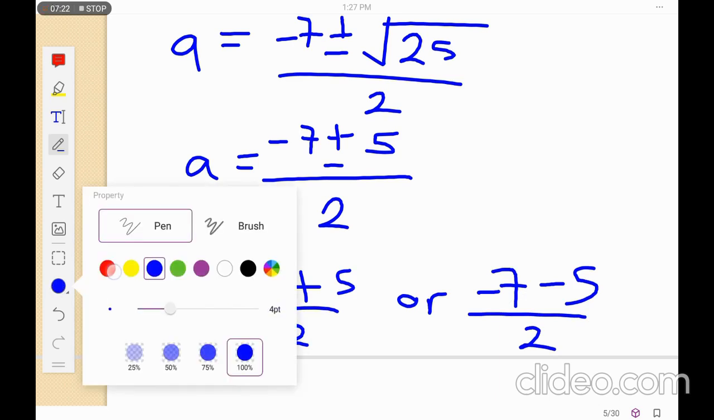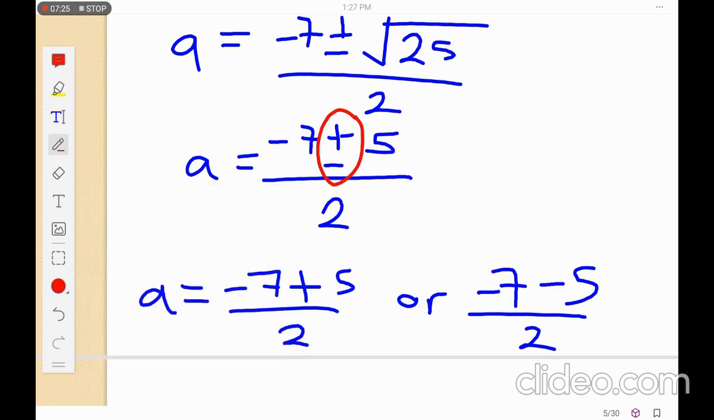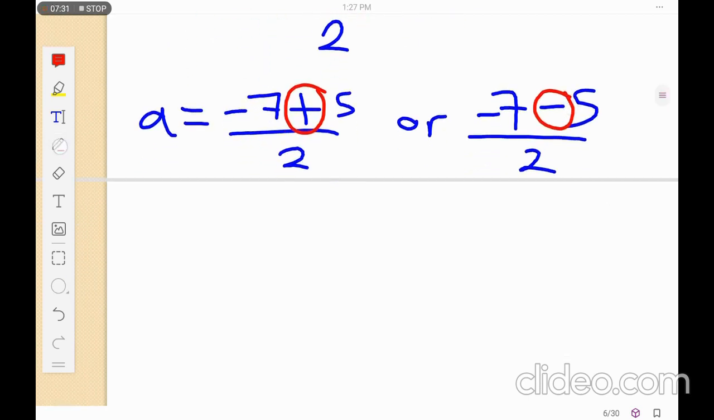I'm taking this part here. We've got plus or minus. So the first one is plus, then the second one is minus there. Okay, so these are the two values that we are considering. Now let's finish off. Finishing off, our a is equal to minus 7 plus 5, we get minus 2 over